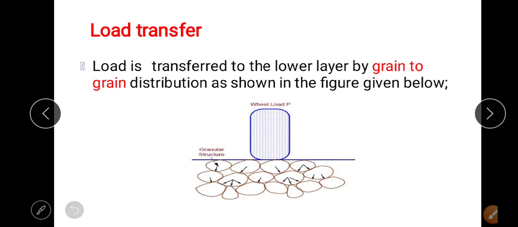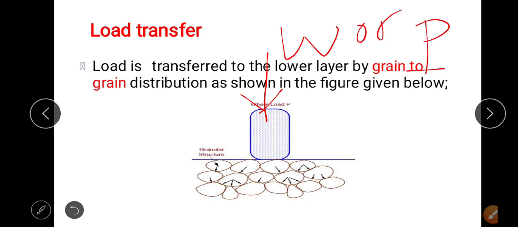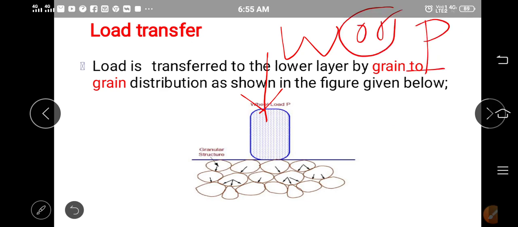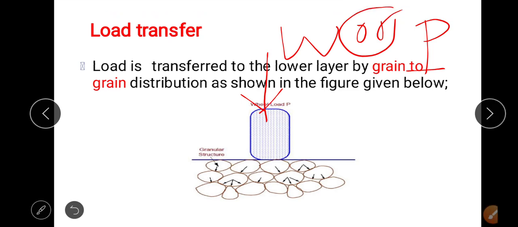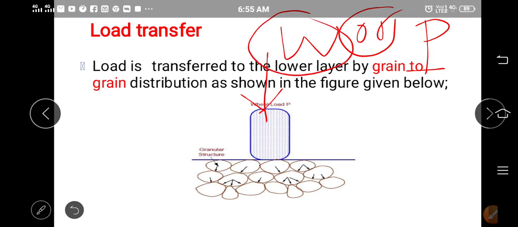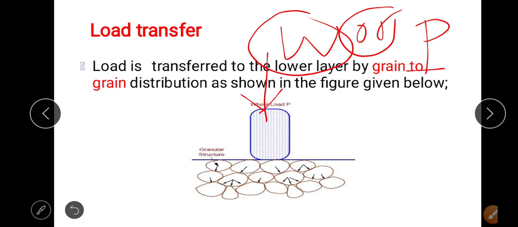However, in case of flexible pavement, the load transfer is the load distribution. Suppose this is the wheel load W or P. In some books, they take the load P in tons, whereas some other textbooks or authors use the symbol capital W as the total weight coming because of the traffic vehicle on the road in tons. So when it is applied on the flexible pavement,